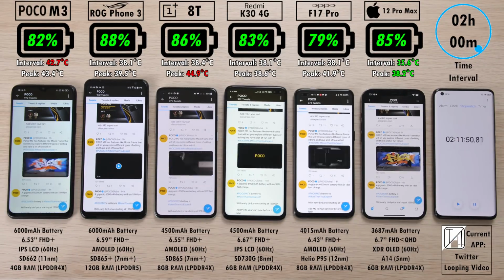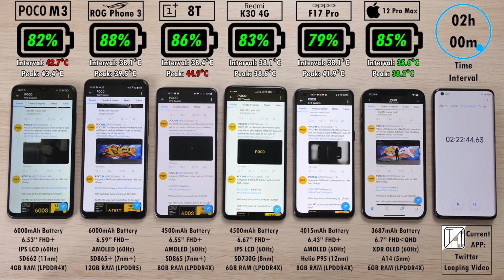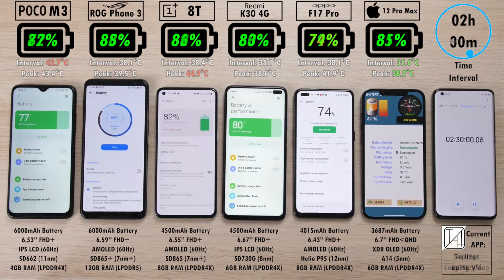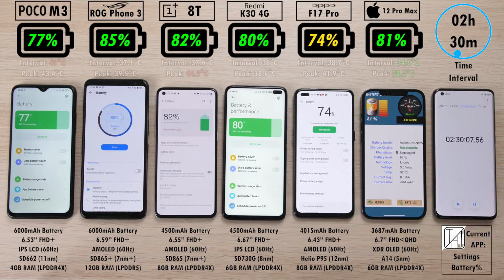So far, the highest peak when it comes to degrees in Celsius is indeed the OnePlus 8T, with the lowest peak and lowest interval being the iPhone, and the hottest interval of the last interval, the 2 hour mark, was the POCO M3. We're now on the 2 hour 30-minute mark, and we have the POCO sitting at 77%,